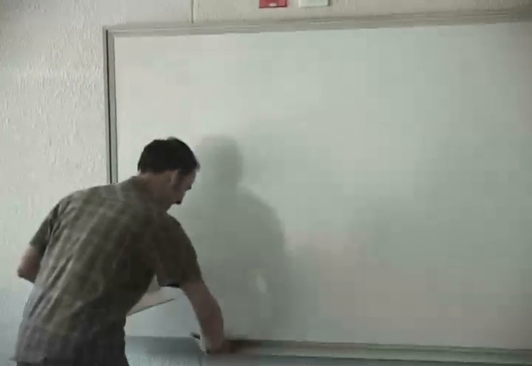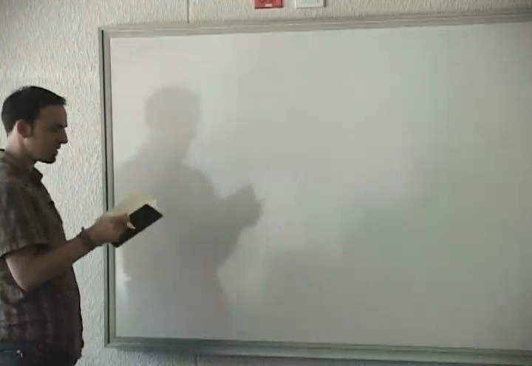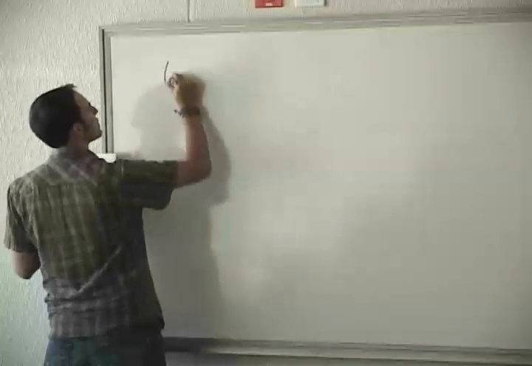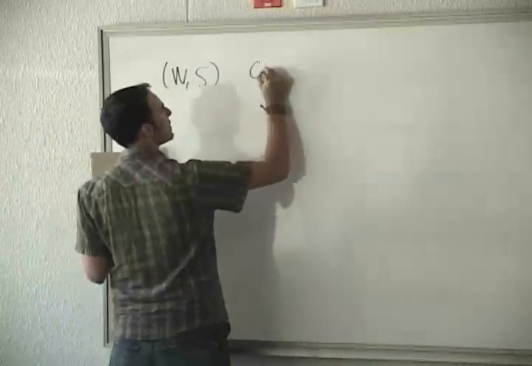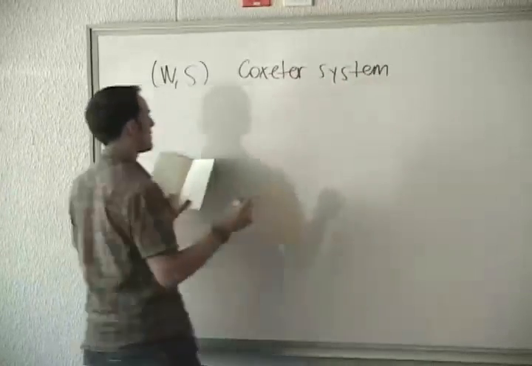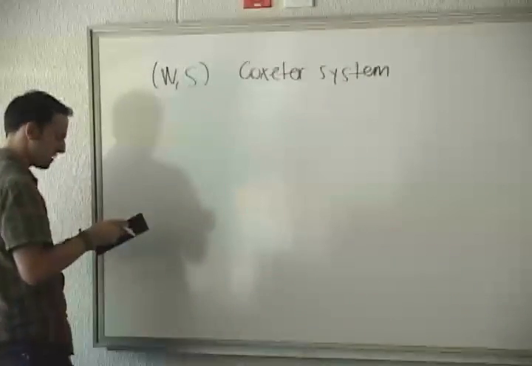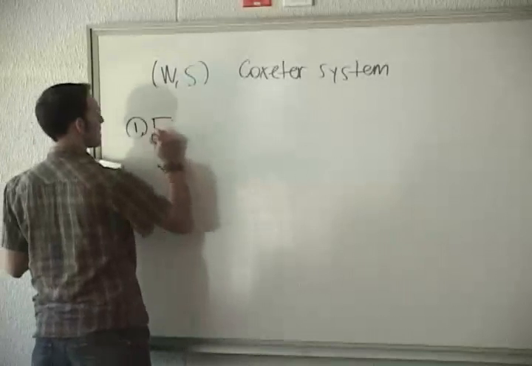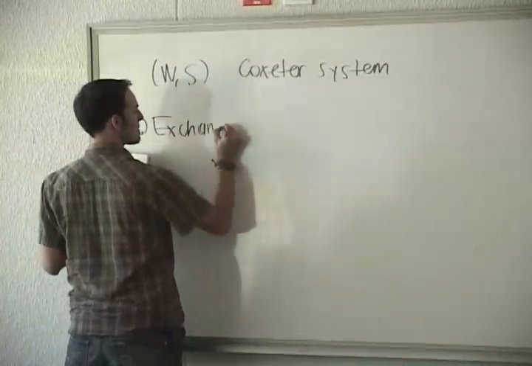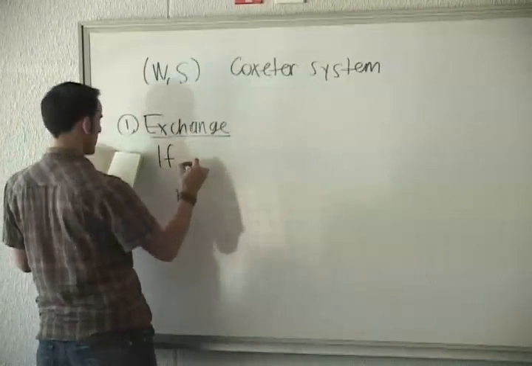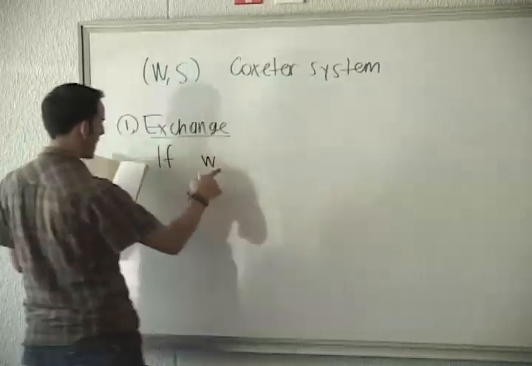So, we were talking about the exchange property and the deletion property, two very important properties of Coxeter groups. So we said if you have a Coxeter group, a Coxeter system like this, then that has two properties, which are, I'll remind you, exchange property, and that says that if you have some element of the group,